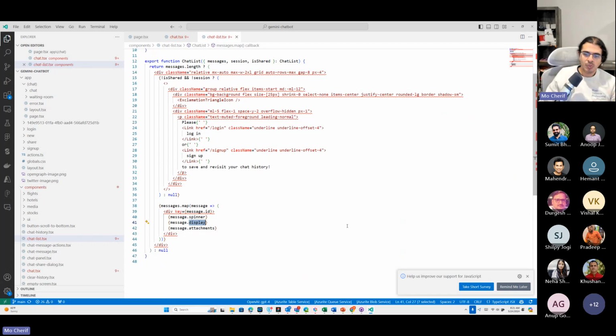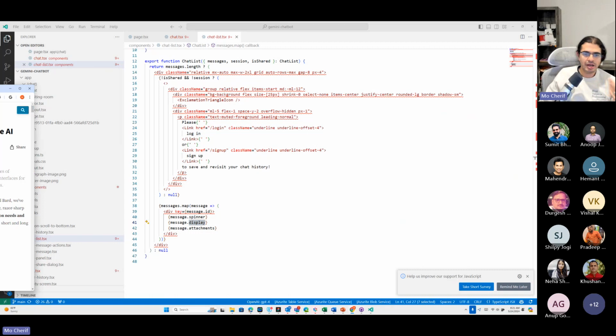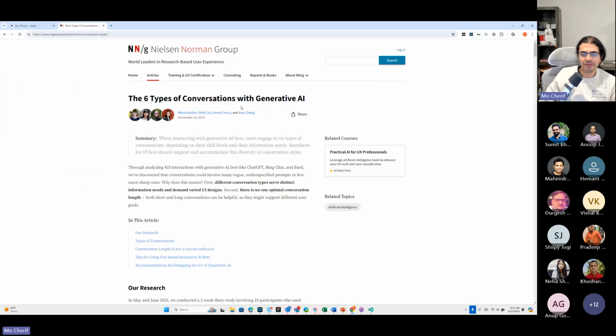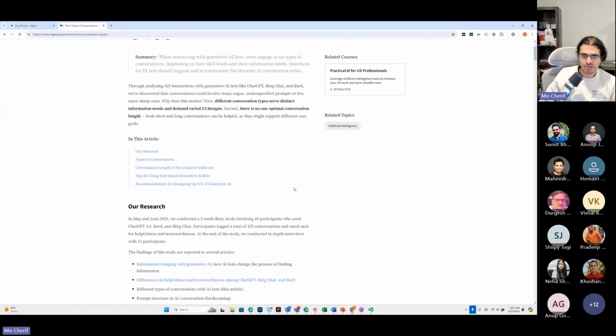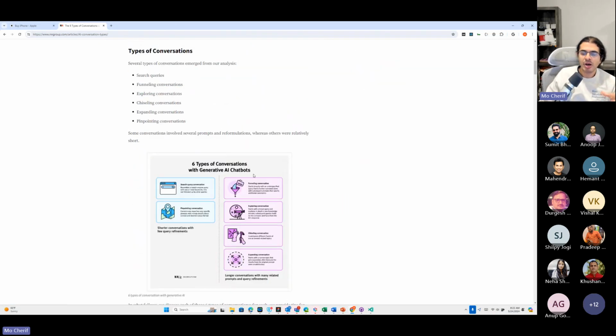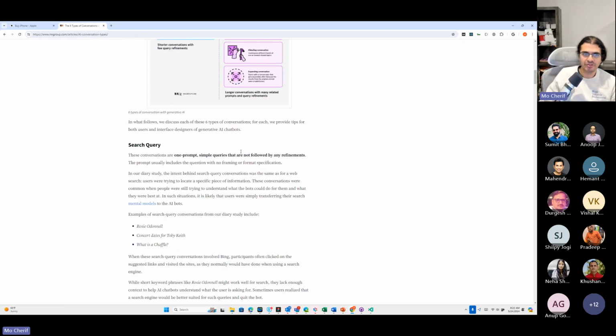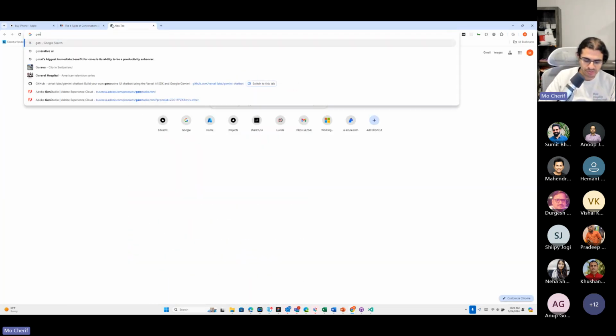Now, next steps. Two things I would recommend anyone to read about is the Vercel AI SDK. They have great documentation around it. The second one is around Nielsen Norman. They have two articles I mentioned. One is the 6 types of conversations with generative AI, which talks about how do you think about all the different experiences around generative AI. And then the second one is generative UI, that I used the first definition from and the screenshot from,